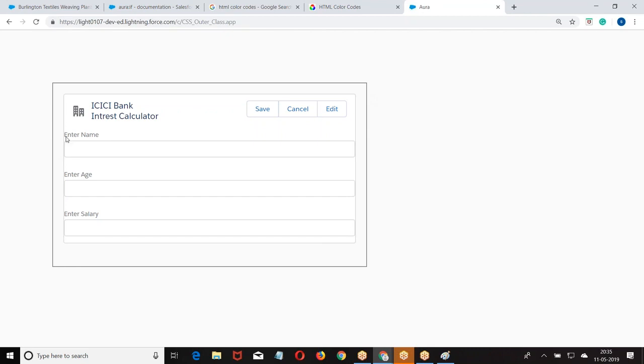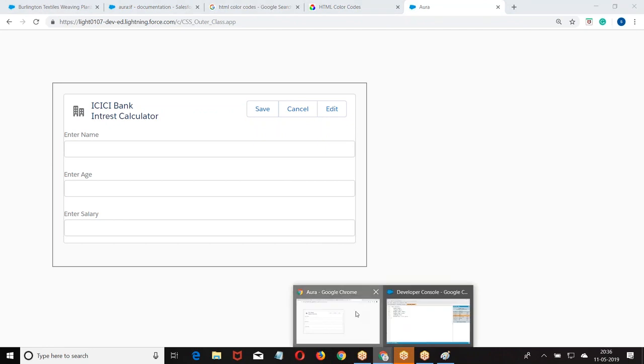Now what do you want? You want the CSS to be applied for these elements: enter name, enter age, enter salary. Now that is not a direct child of application. That is the inner element of lightning card. If you want to apply the CSS for inner elements, what should I do?